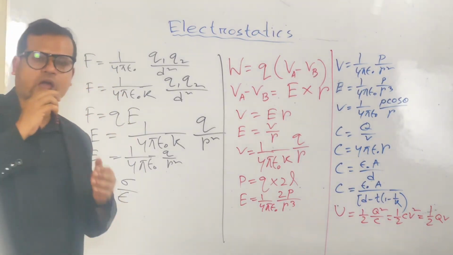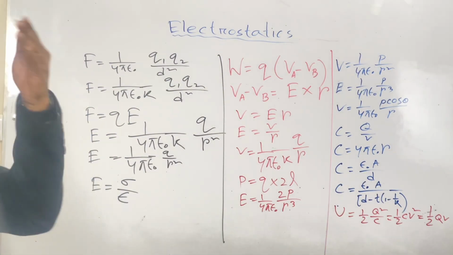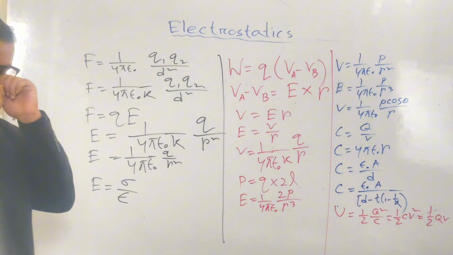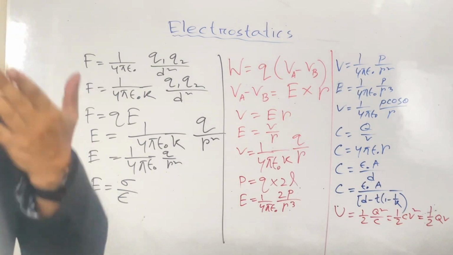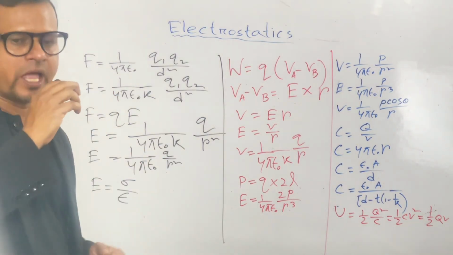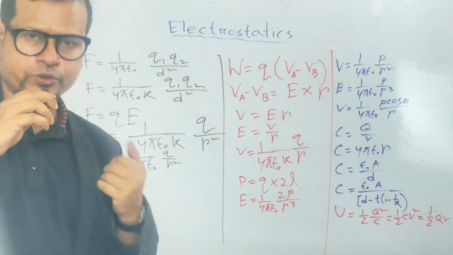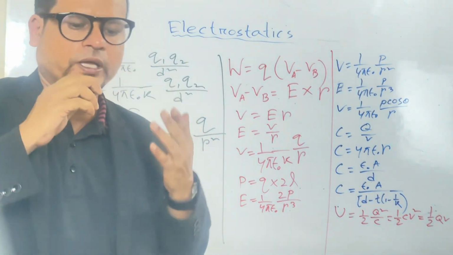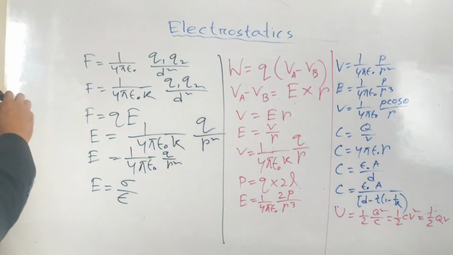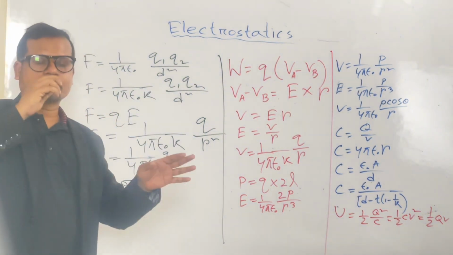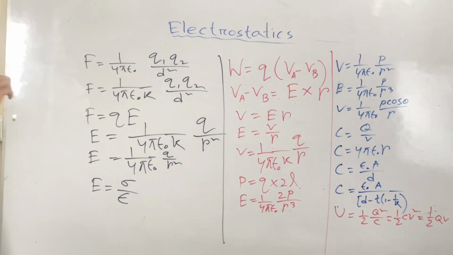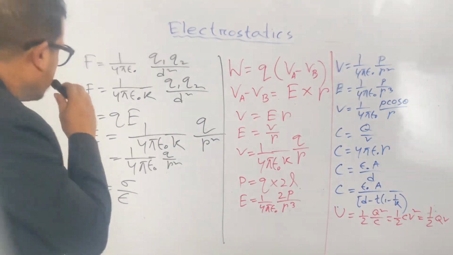I hope that from my explanation and my delivery, you will remember for a long time these equations related to electrostatics. This will help you do a lot of mathematics and boost your confidence. Dear guys, first one: F equals 1 over 4 pi epsilon naught q1 q2 over d